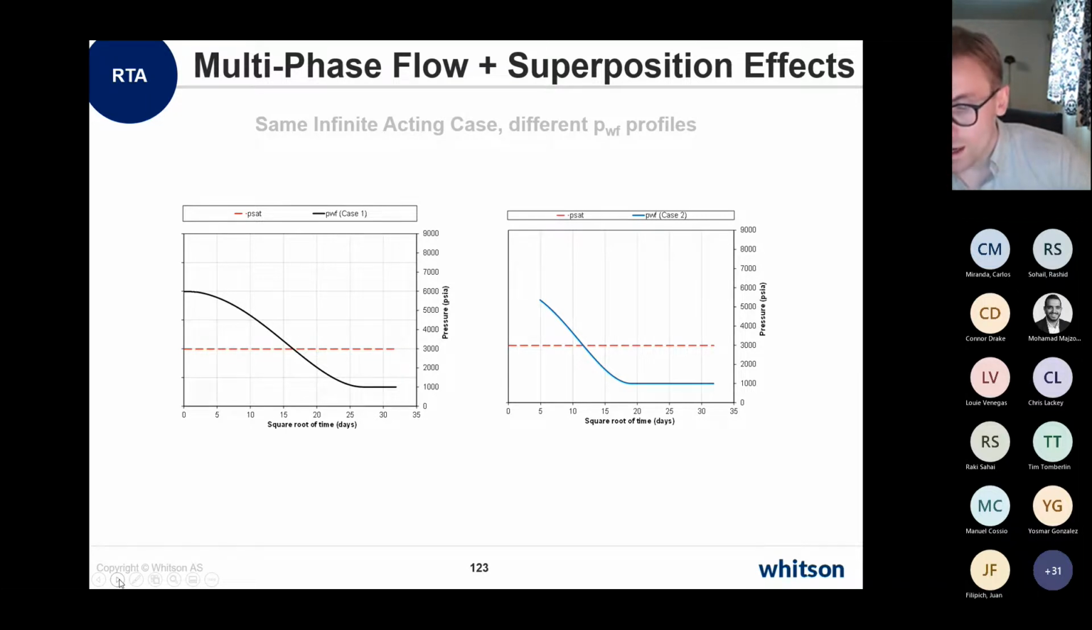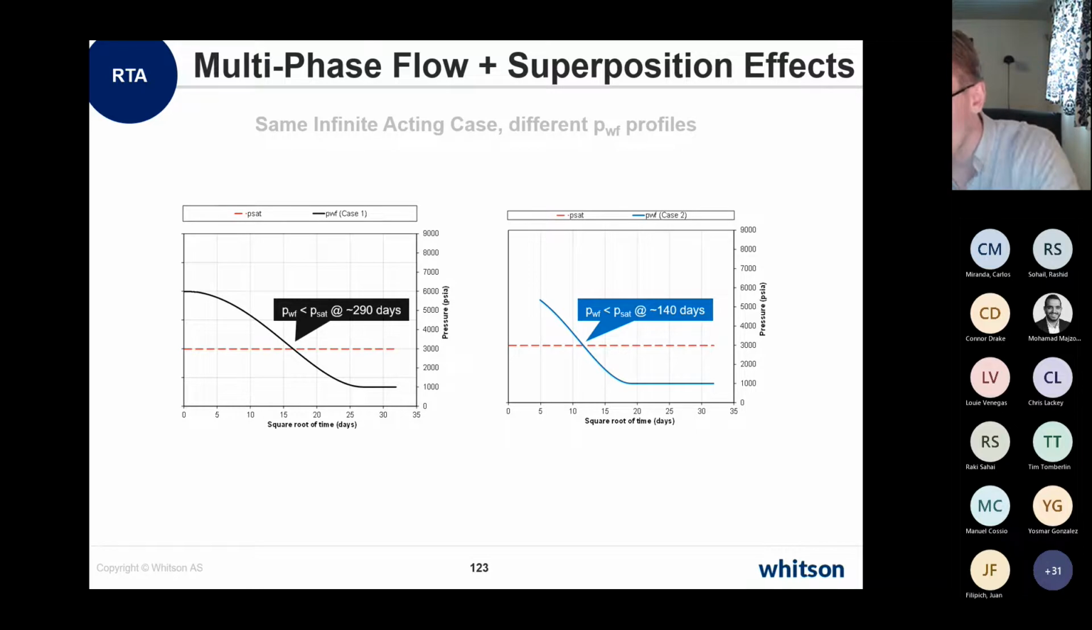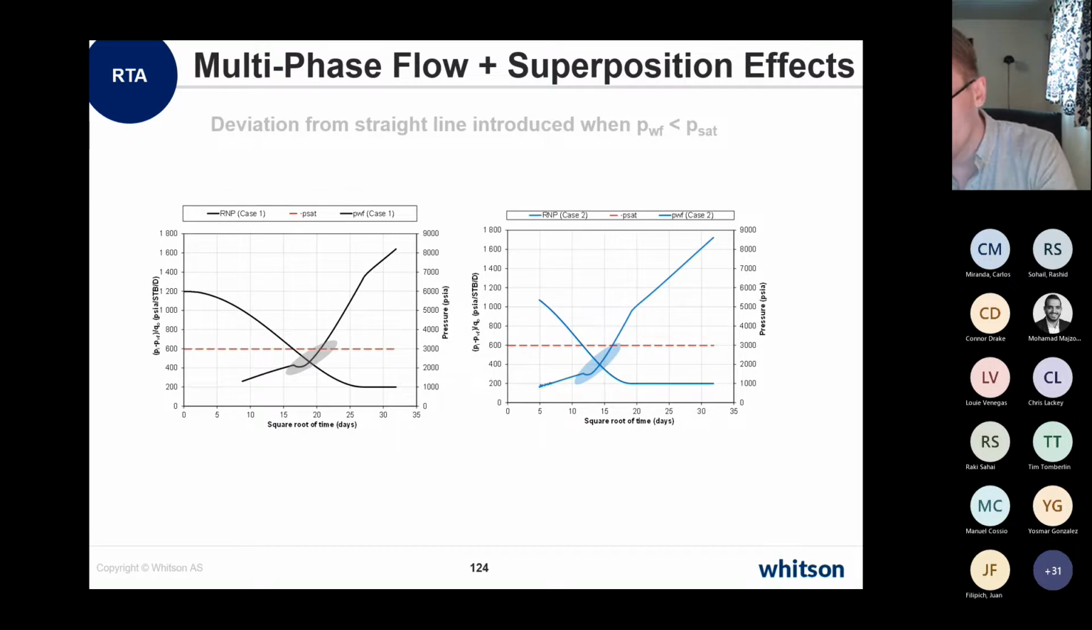time plot. And just to demonstrate that, we have the exact same well. We know it's infinite acting in both cases, but now we're taking the well and drawing it below the saturation pressure here in case A after almost 300 days and case B after around 150 days. If we then superpose the square root of time plot now, we'll see that we get this deviation, which is just a result of multi-phase flow and superposition effects and has nothing to do with